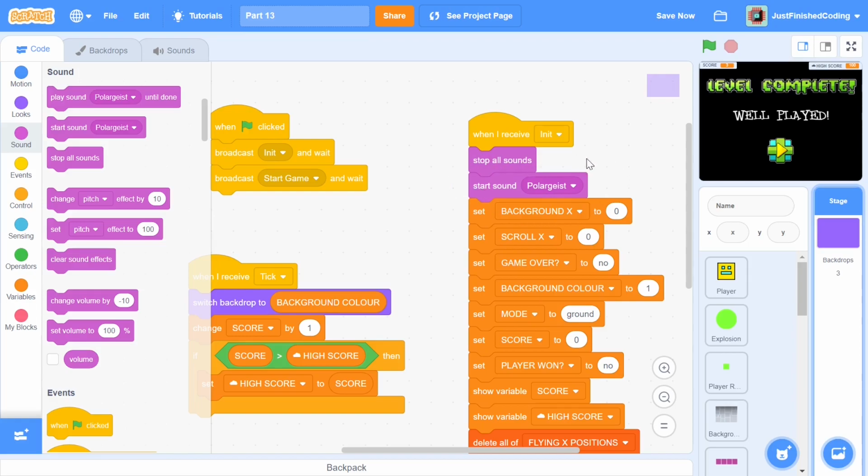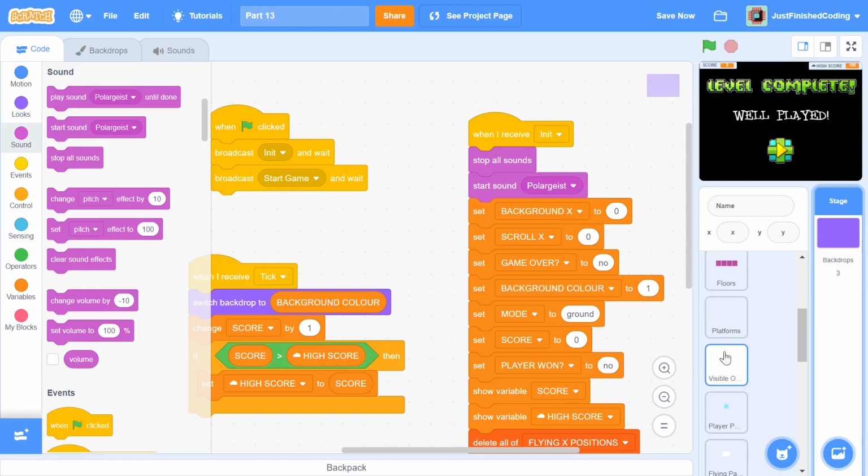You can add in a little more efficiency by making sure that once the sound is done, we start the sound again. I'm not going to do that because that sound is plenty of time to complete the game over and over, and every time we receive init, we're going to start the sound again. So that shouldn't be too much of a problem. So I'm going to actually stop with this code as far as the sound effects are concerned.